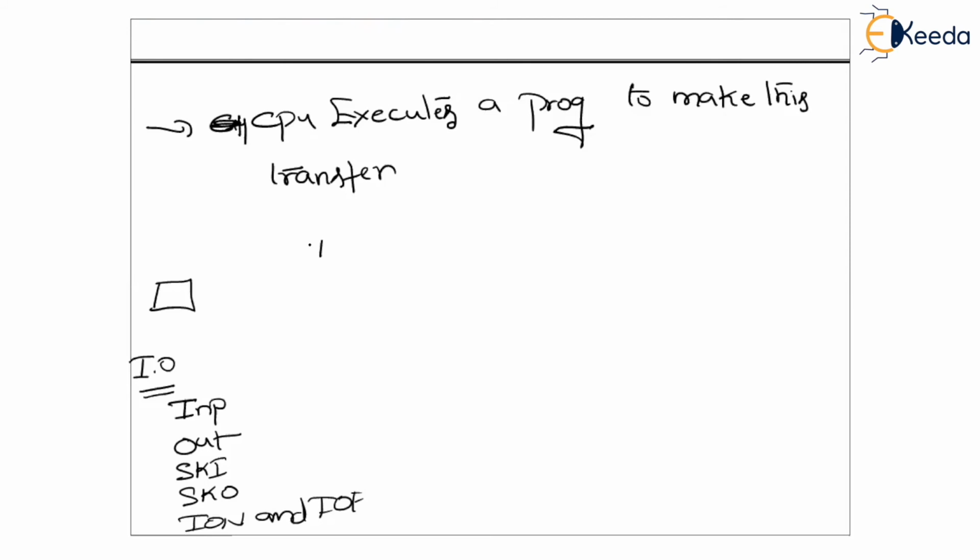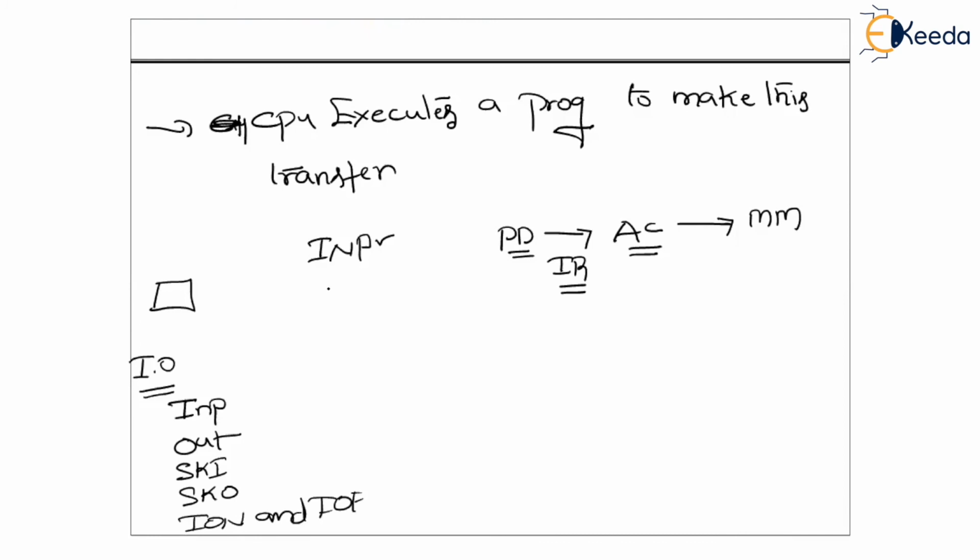When CPU executes the INP instruction, a character from the peripheral device will get transferred to the accumulator via the input register. That is, when a character is ready and a request has arrived, immediately CPU is going to execute an instruction called INP. The INP instruction will make a transfer from the peripheral device to the accumulator. But the origin is main memory, right? We need to transfer, the eventual destination is main memory.